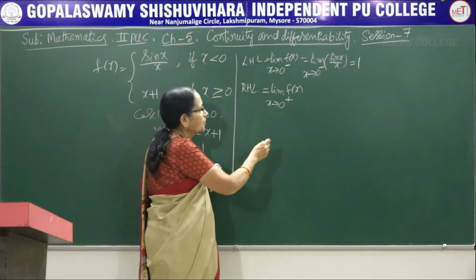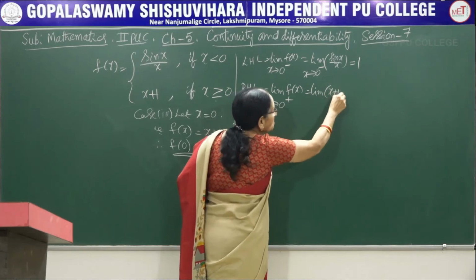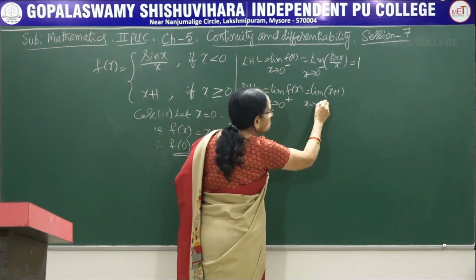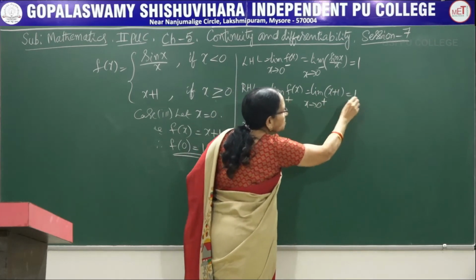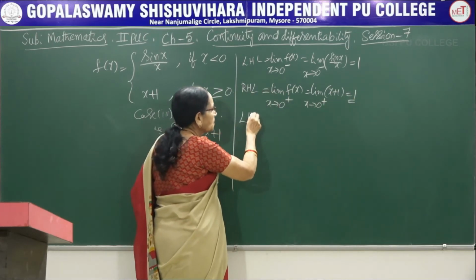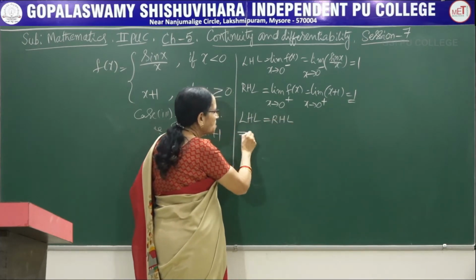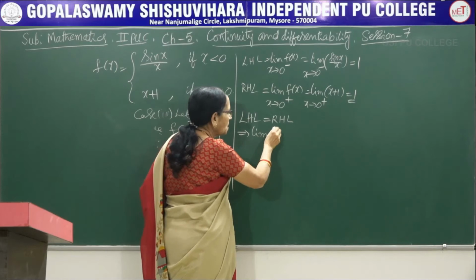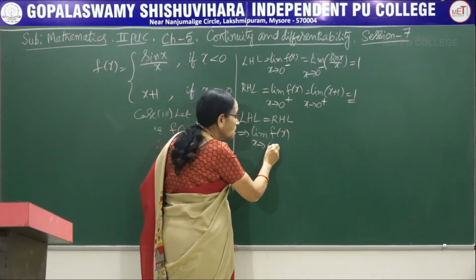How is the function defined? It is x plus 1. So limit of x plus 1 as x tends to 0 plus. Put x equal to 0, the value is equal to 1. So what do you observe here? Left hand limit equals right hand limit. What does it imply? That implies that limit f(x) as x tends to 0